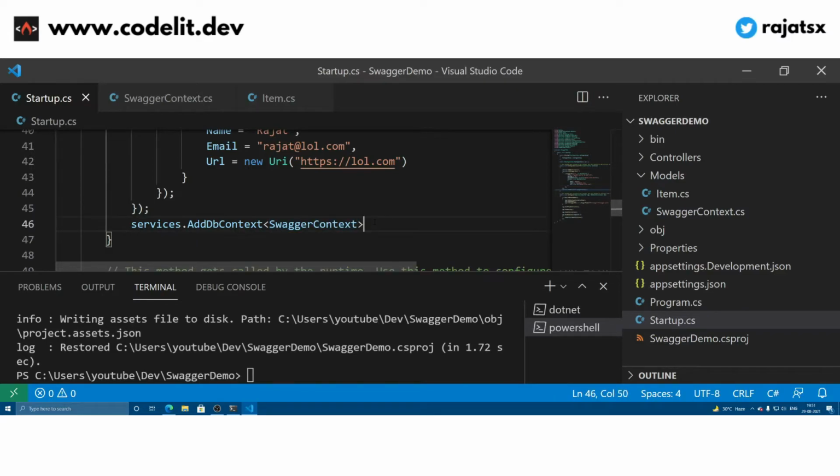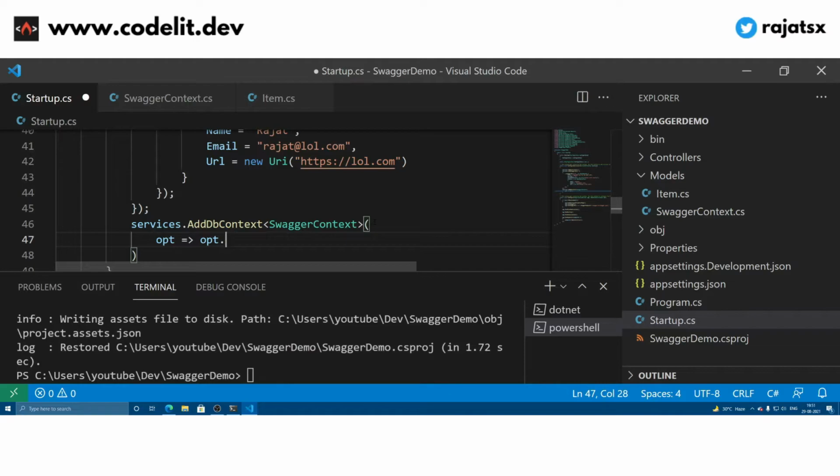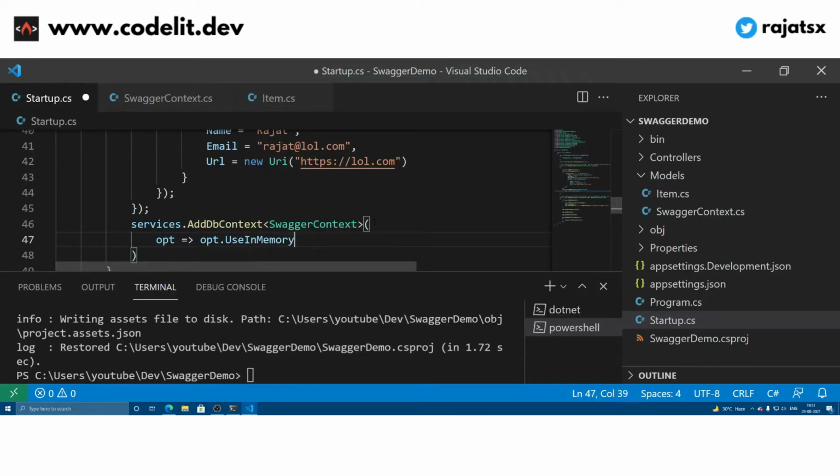Again, open a bracket, then options, opt.UseInMemoryDatabase, and then call it with a database name. It can be anything.